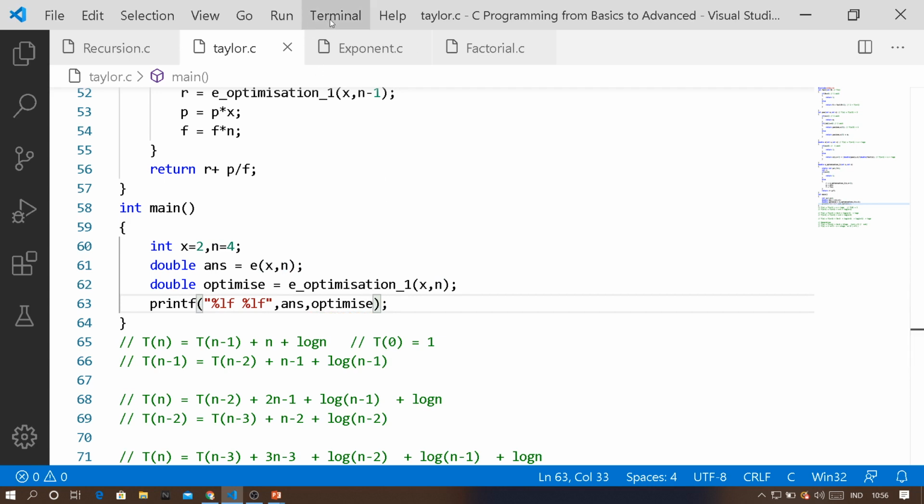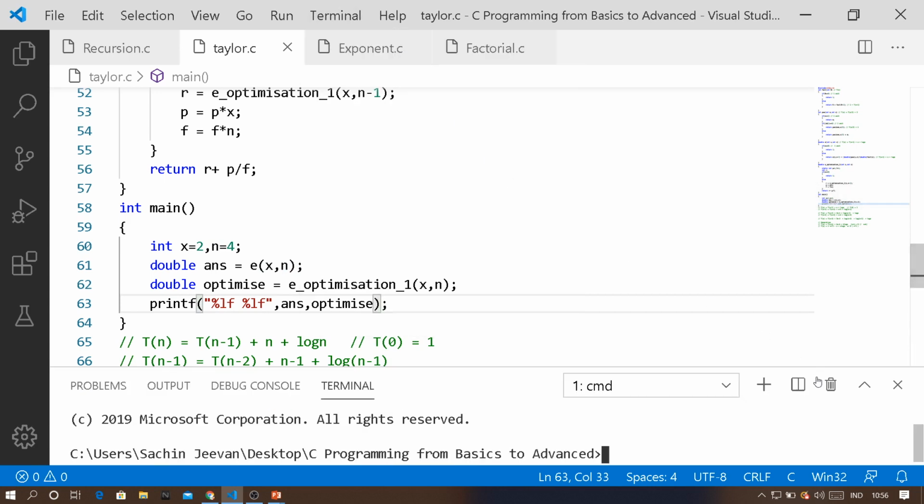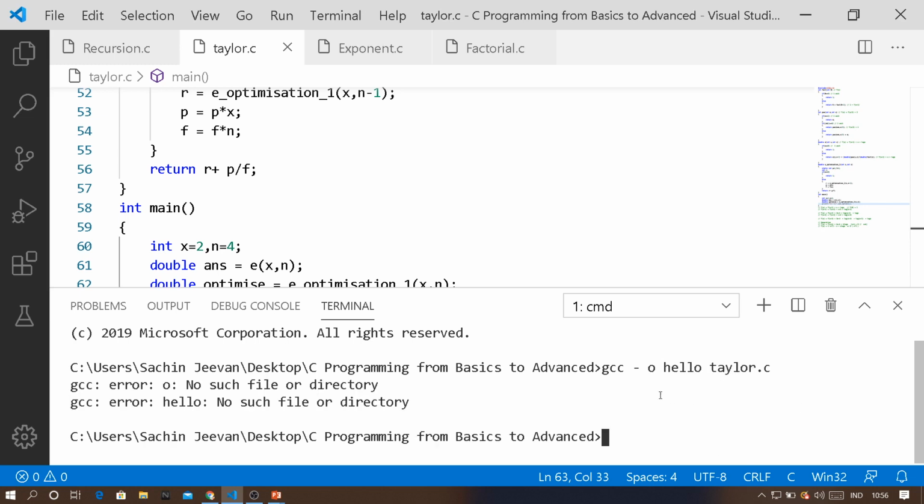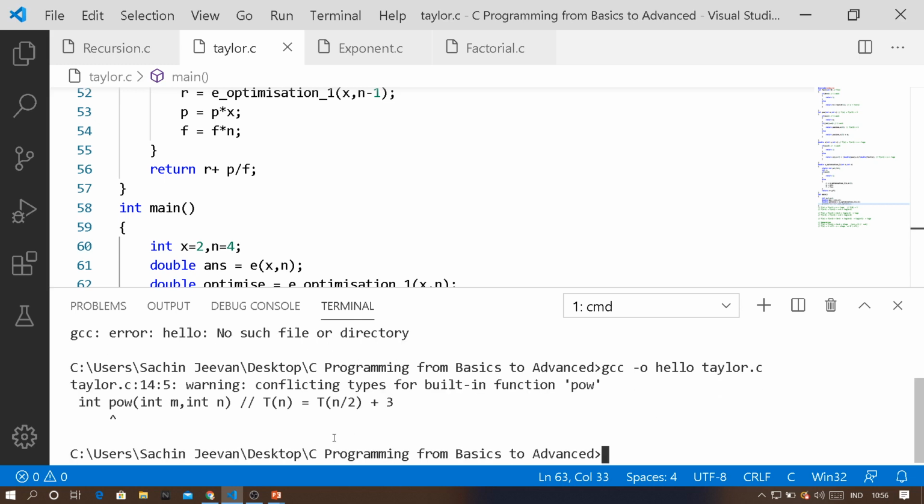And now we will go for the compilation and also execution to know whether both the methods are providing us the same answer or not. So first of all, we will go for the compilation phase. Here I just gave a space between hyphen and. This warning we have already seen, so no issues with this warning. So we'll go for execution.